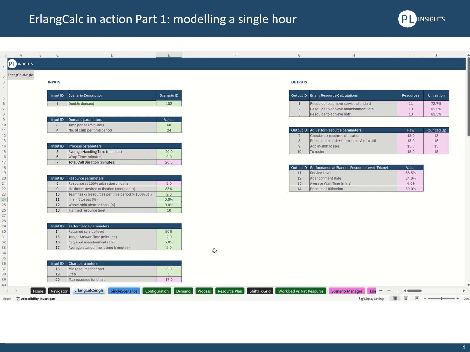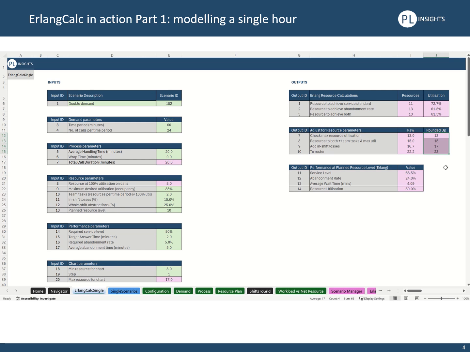It could be that we allow them to have 6 minutes off of a rest break in every hour, so we could have a 10% in-shift losses figure. And maybe when we've allowed for leave and sickness, that we know that 25% of the time people aren't actually going to be available to work. And these numbers are all updated over here. You'll see it provides the number calculated as a decimal and then rounds it up to the nearest whole number